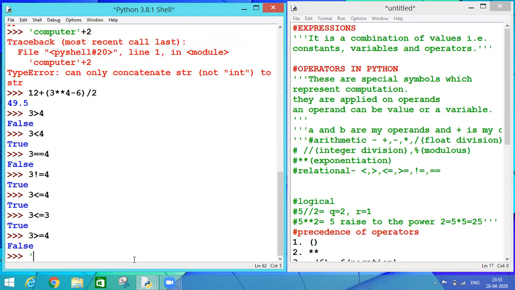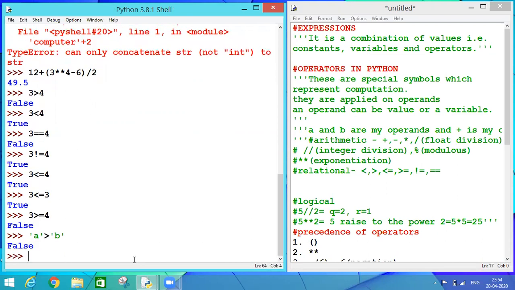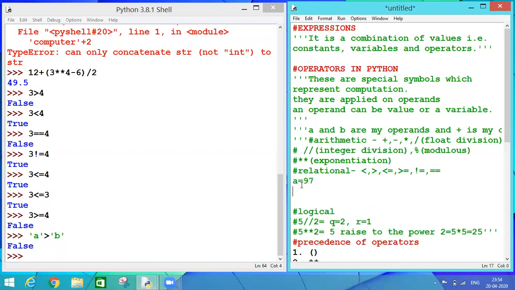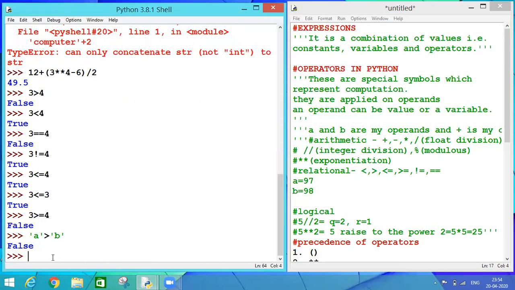If I say A is greater than B, false. Why? Because if I check the ASCII code of my A, it is 97, and B is 98. So which one is greater according to my ASCII code? B is greater. That's why I'm getting the result as false.